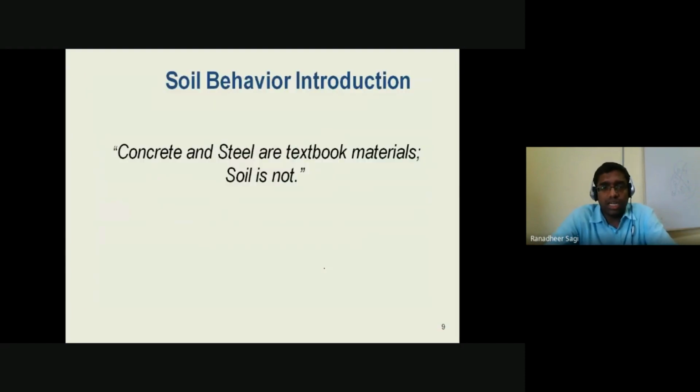The behavior of the soil is very peculiar, because the characteristics of the soil change from place to place, and even if the soil is the same, depending on the external factors it is subjected to, the strength or other characteristics of the soil would change. The soil has different properties from place to place, and at a particular place also from one depth to another. That is the reason we say soil is a very peculiar material compared to any other materials we come across in civil engineering.